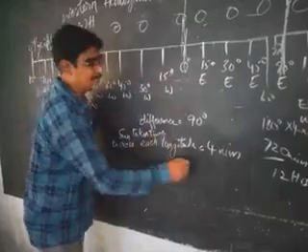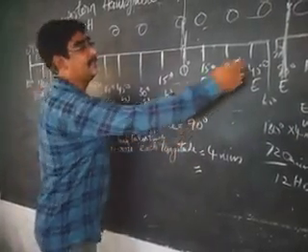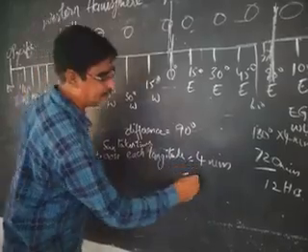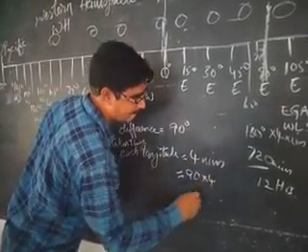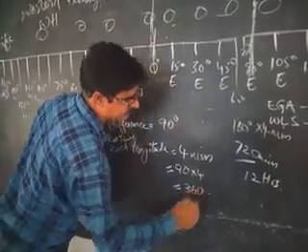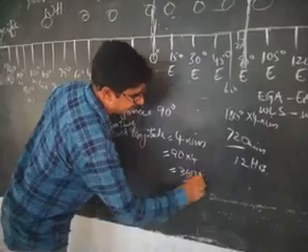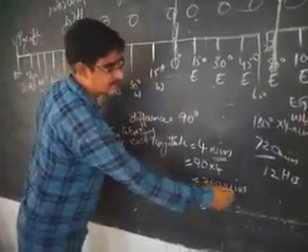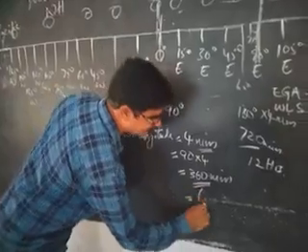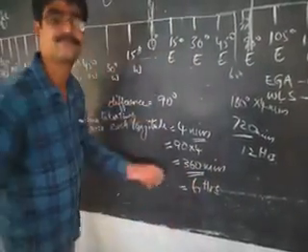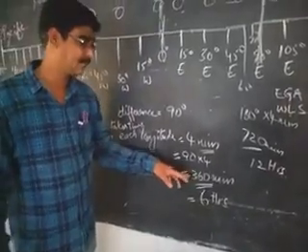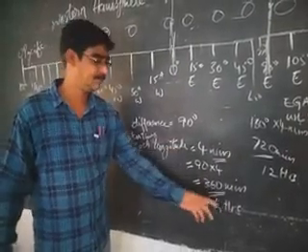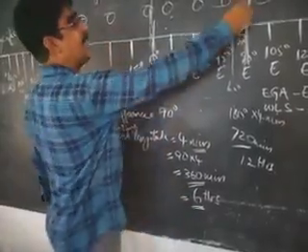So how much time does it take to cross 90 longitudes? The difference is 90 minus 0, 90 degrees. 90 into 4 is 360. Here we should mention the units: 360 minutes. 360 minutes means 6 hours. If you divide 360 by 60, then we will get the hours. 6 hours. See, subtract 6 hours.